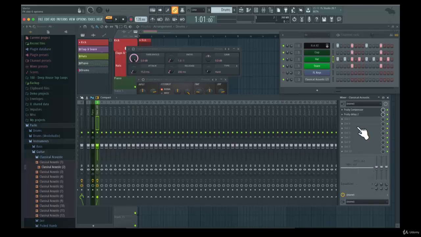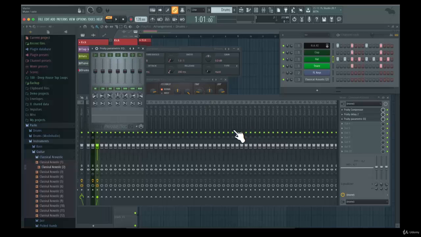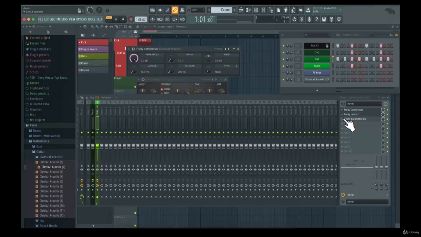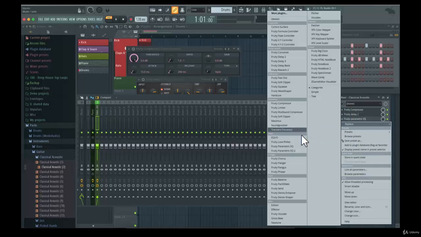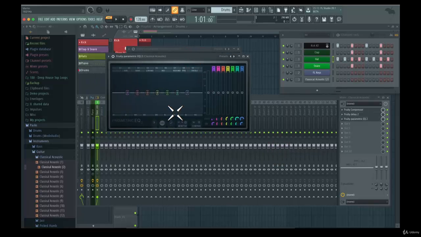You can use this EQ, but what I do most often is to choose an EQ from the plugins here. And you have a lot of very good different EQ plugins from FL. This one is pretty good, but we have another plugin here. Let's replace that with the Parametric EQ 2. And this is very nice, it sounds good, and it's very transparent, so you won't have your sound